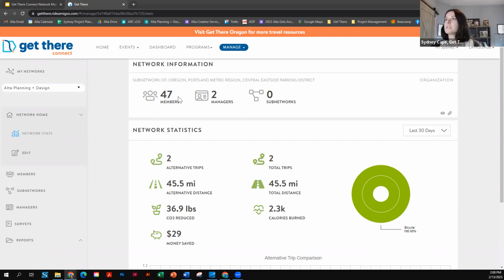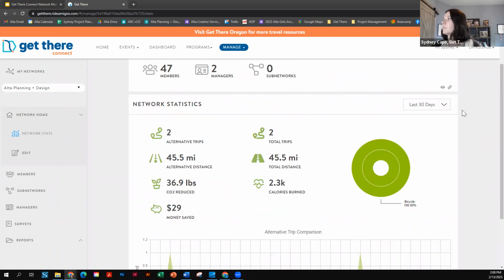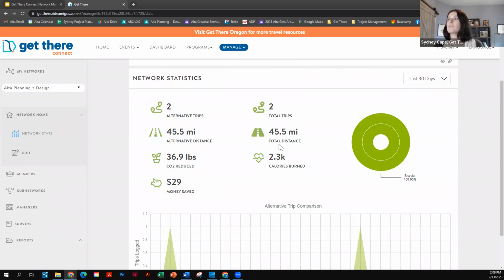So we can see that there are 47 members of the Alta network. We can see that it is the sub network of these different parent networks, which typically happens automatically depending on the zip code. There are 2 managers. And then if you come down here, you can get a snapshot of network statistics, and you can